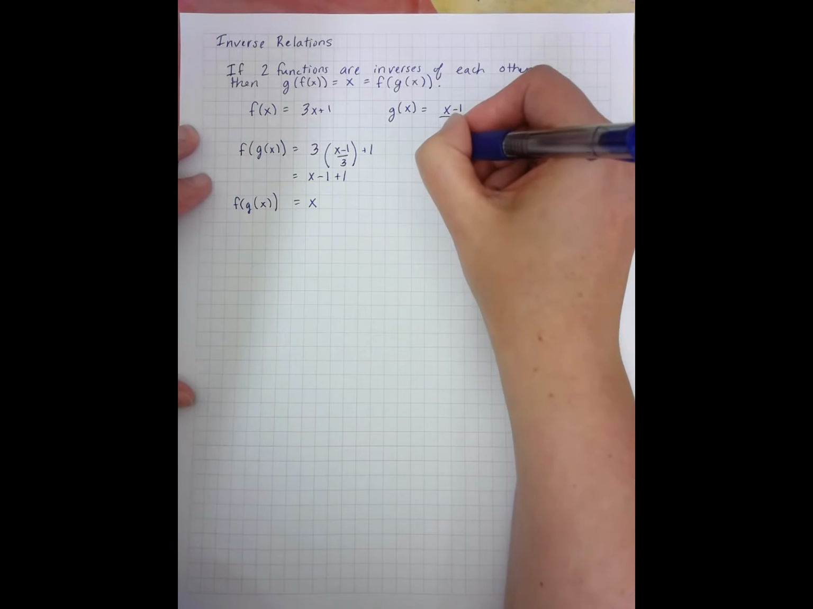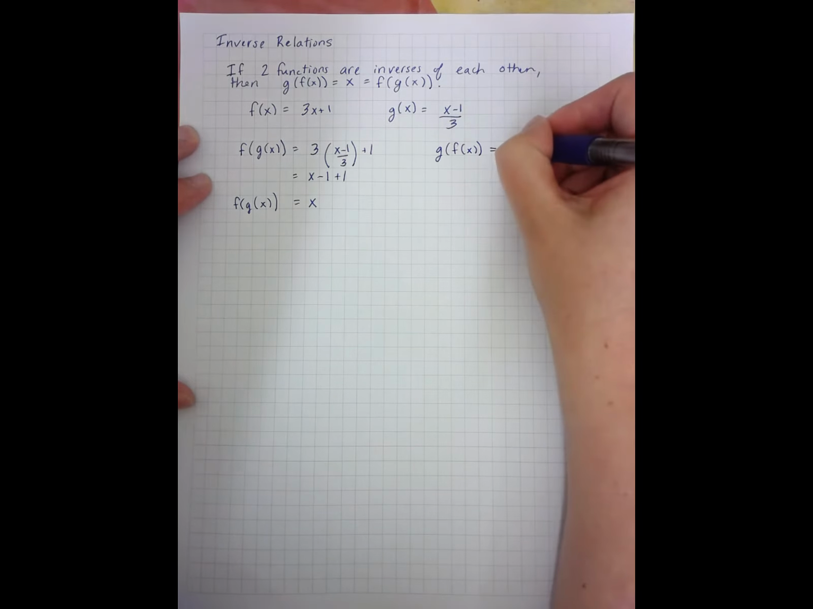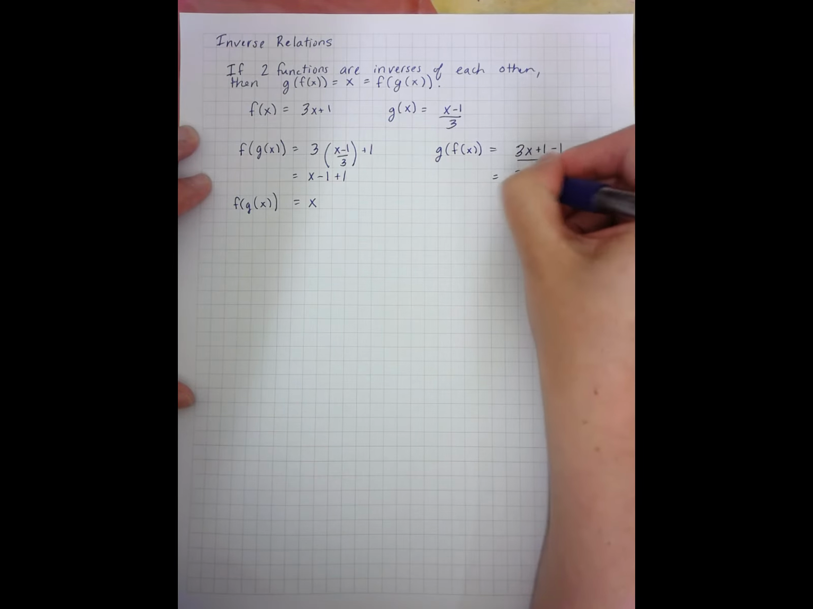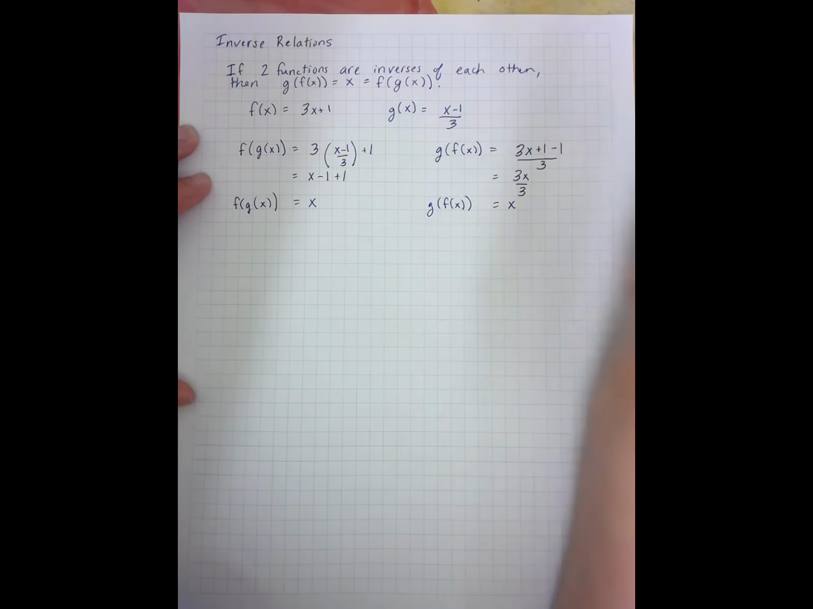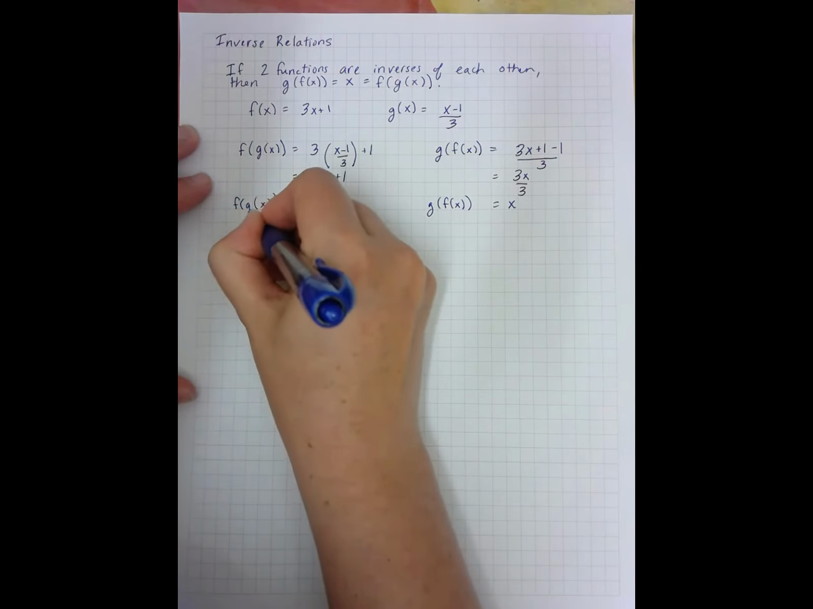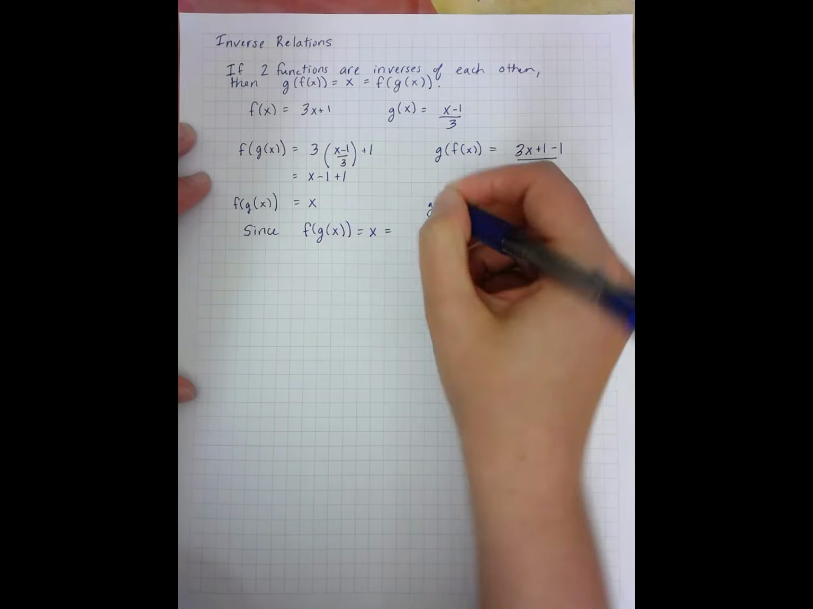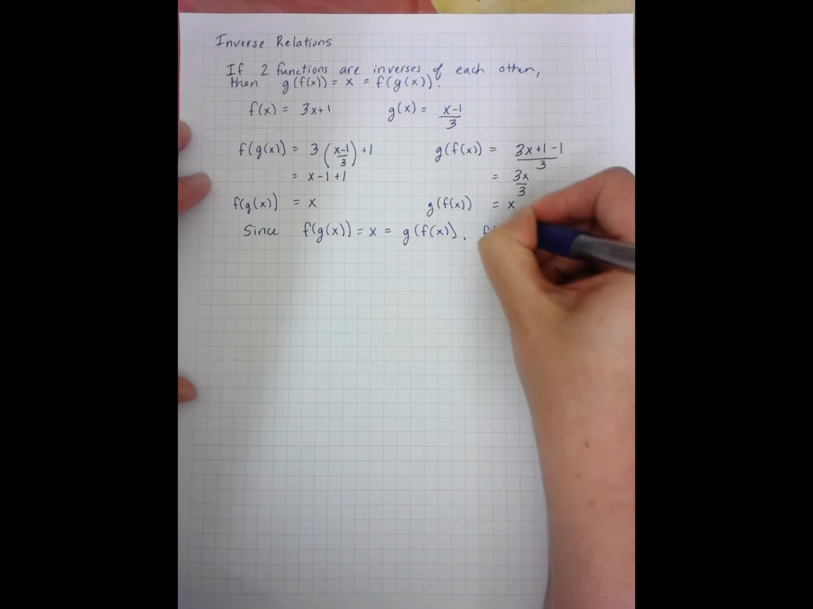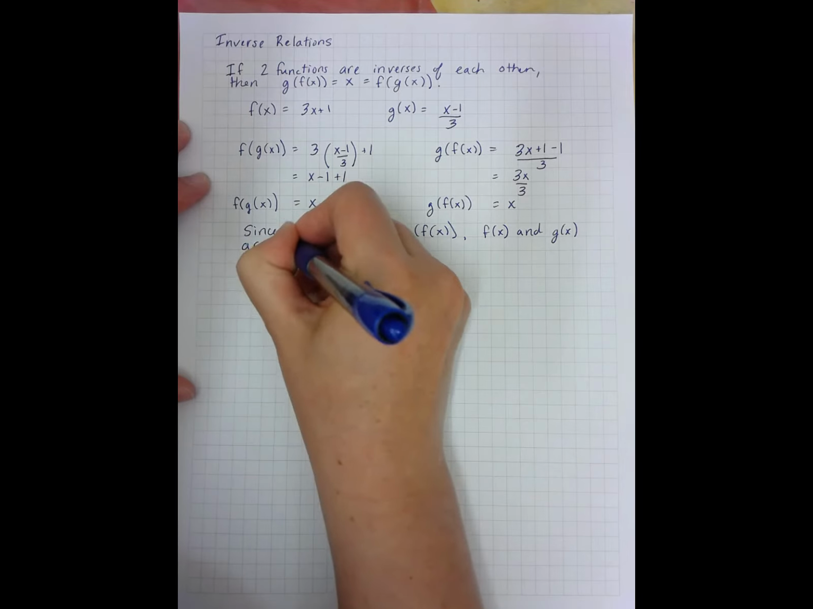I have to do the other direction. G of f of x. So I take my g function and plug in my f function. And that also simplifies to be x. We say since f of g of x equals x, which also equals g of f of x, f of x and g of x are inverses